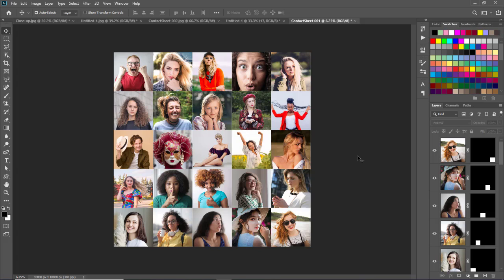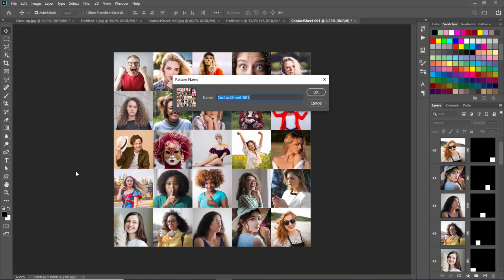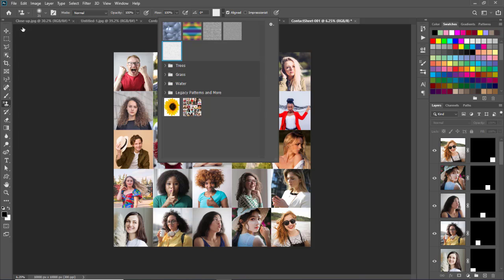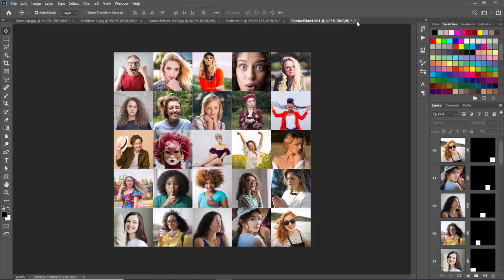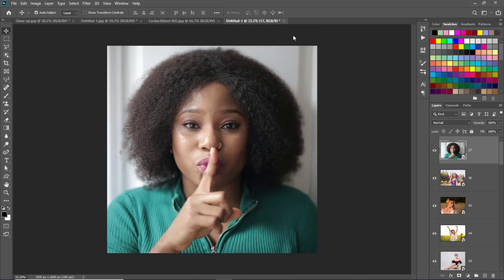Now the next step is to save this document as a pattern. Go to Edit and select the Define Pattern option. Give it a name like mosaic pattern and click the OK button. Now you can see this pattern in the pattern option. So the first step is completed to create the mosaic portrait effect photo.